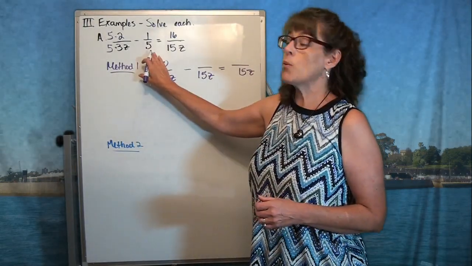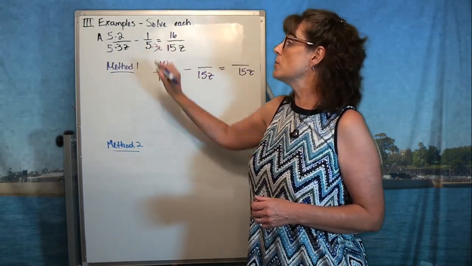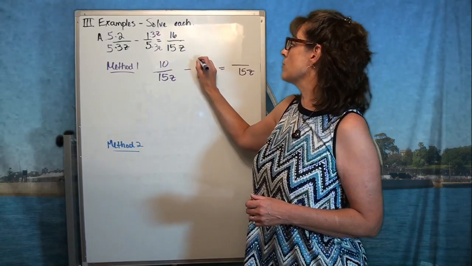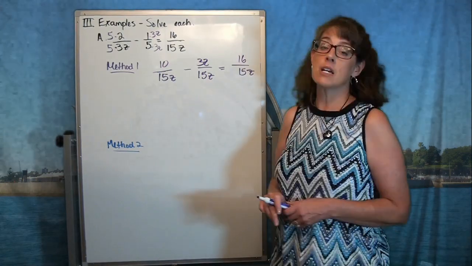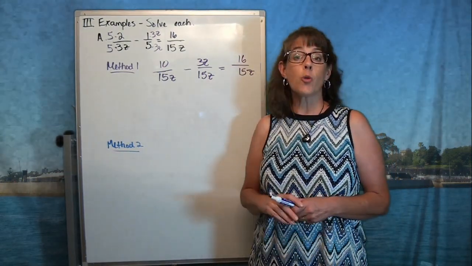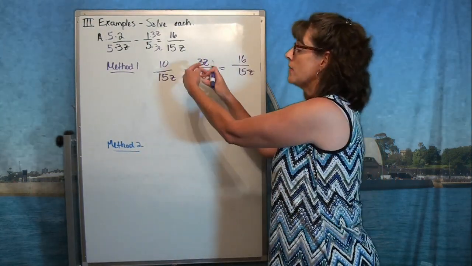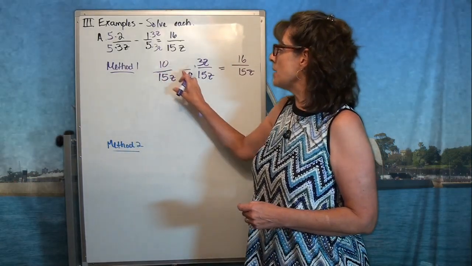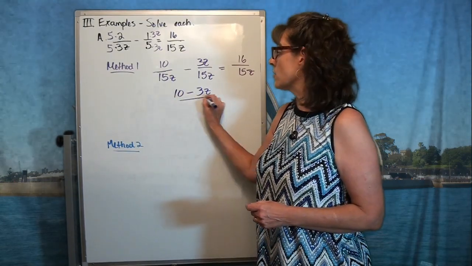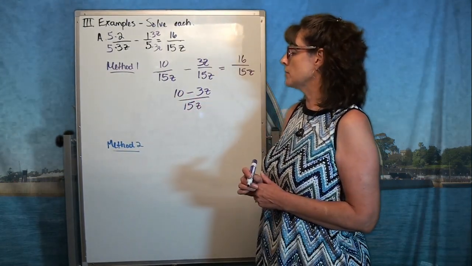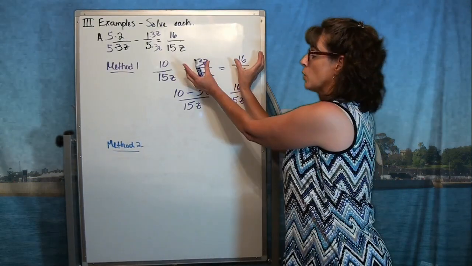So same thing here. I'm going to say, what would I multiply to that 5 to create a 15z? I'd multiply a 3z. And so I'm going to do the same thing up on this numerator, multiply by a 3z. Now this one's already there. I already have that common denominator, so I'm going to keep the 16 as it is. So we've got those common denominators all the way across. I am ready now to adjust. I've already adjusted the numerators, so now I'm going to combine those numerators into a single numerator. 10 minus 3z, well, I can't really put those two together, so they're just going to sit beside each other over one common denominator. And so now at this point, I'm going to say, okay, I have got 2 equivalent